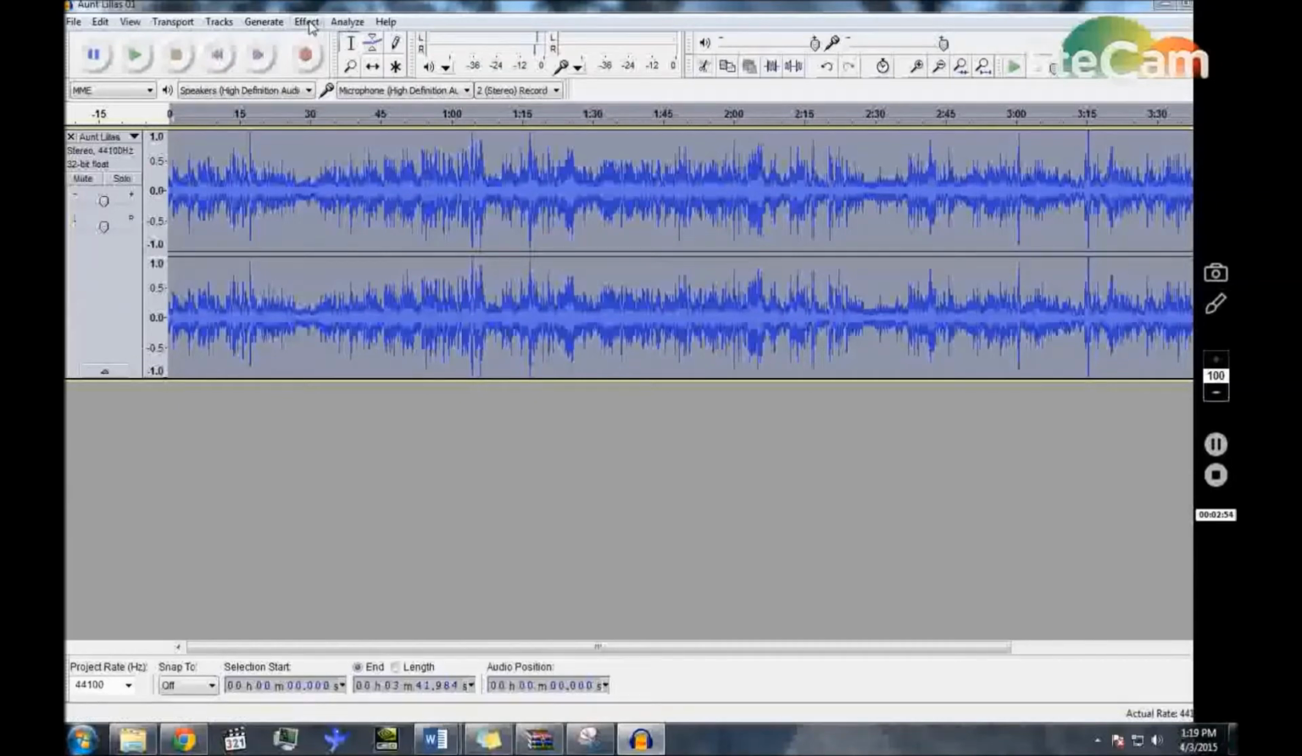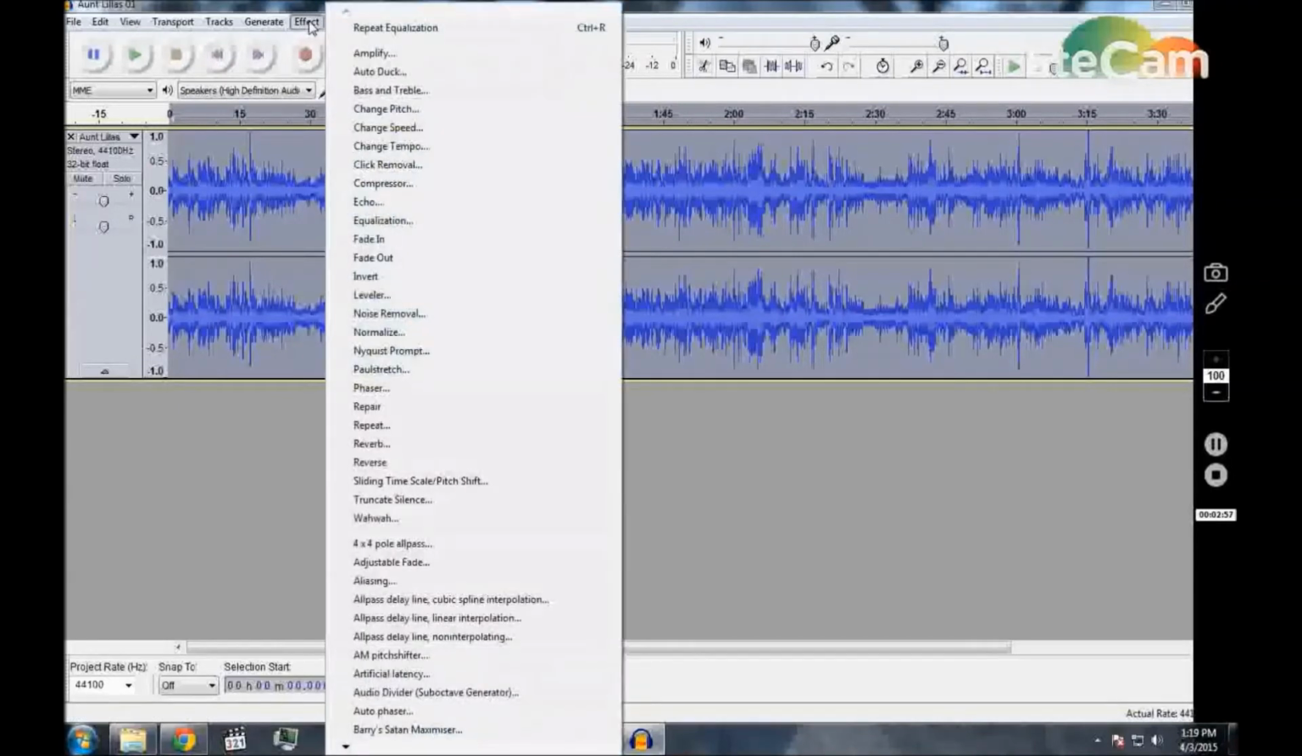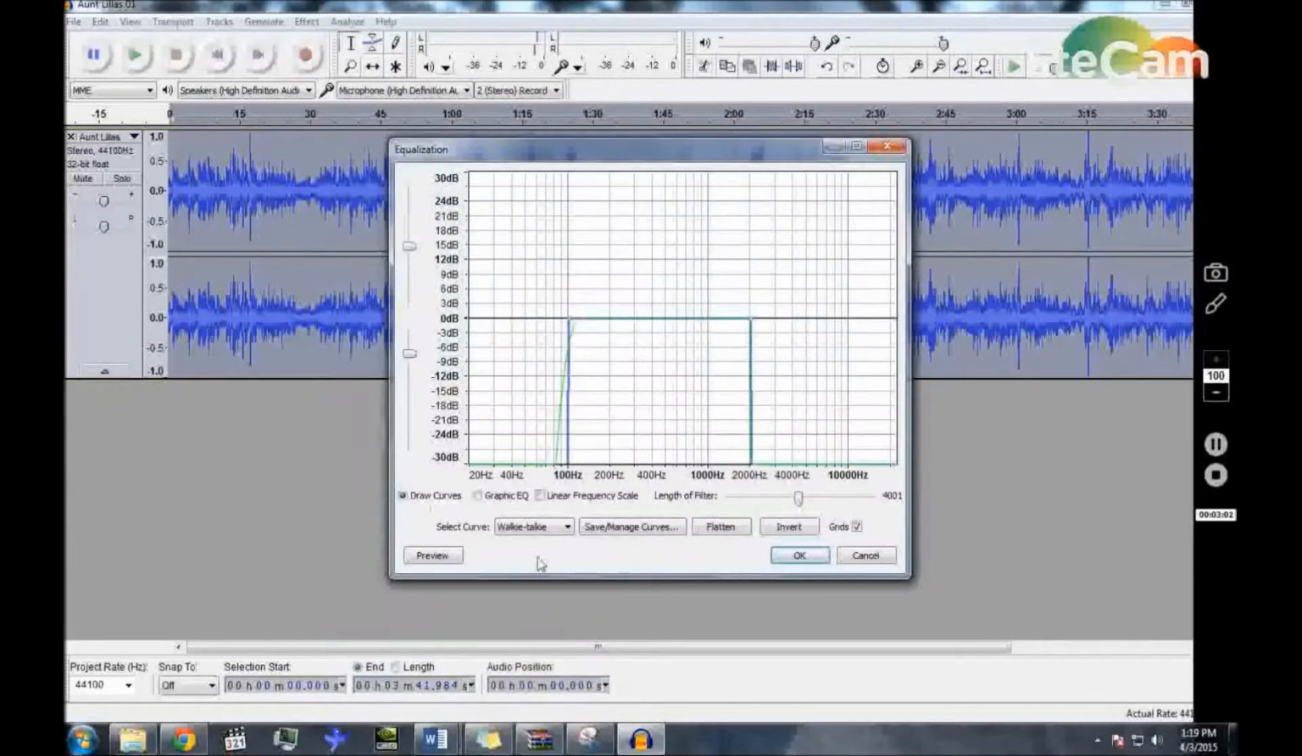Then you go into effects again, go back into equalization, and follow a curve similar to one of these two. This one worked really well with my first recording, and then I have a second recording, so I made a different one, and it changed a little bit. But anyway, what I did is I went in and